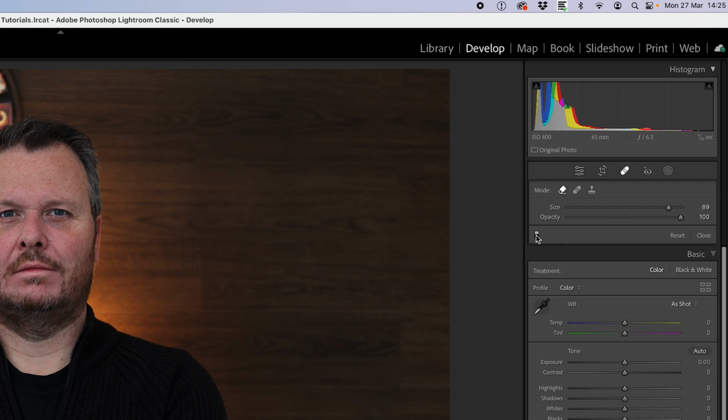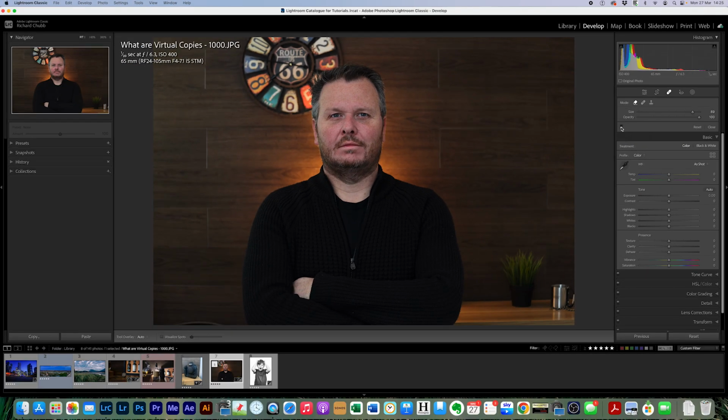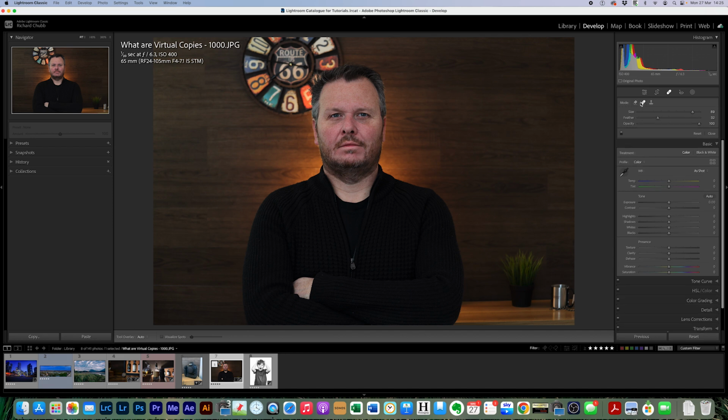Just here you've got a toggle on and off switch, and if you look at the background behind me, you can see it's brought in all these lines in between the panel. It's a real distraction. So I did go through and highlight these, and it cleared them up really nicely, and it just makes the background look a lot smoother. That is the content aware tool. You can toggle it on and off here for all of these filters. This here is the healing brush tool, and all that does is